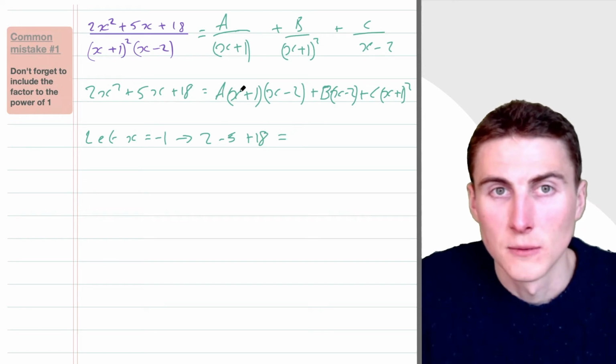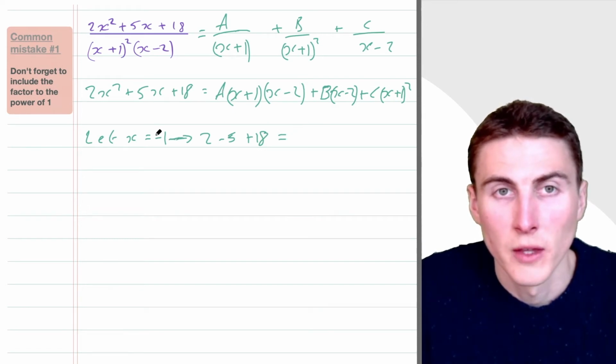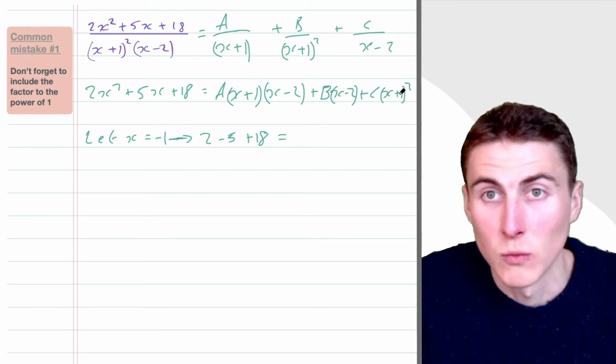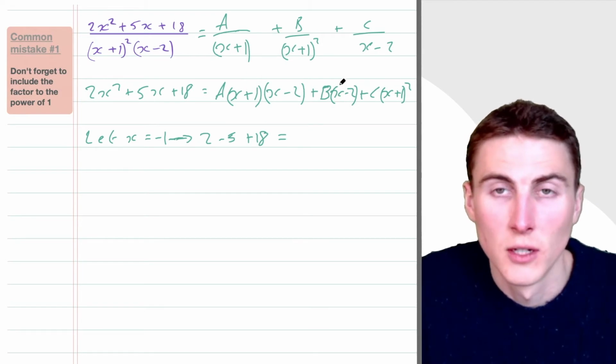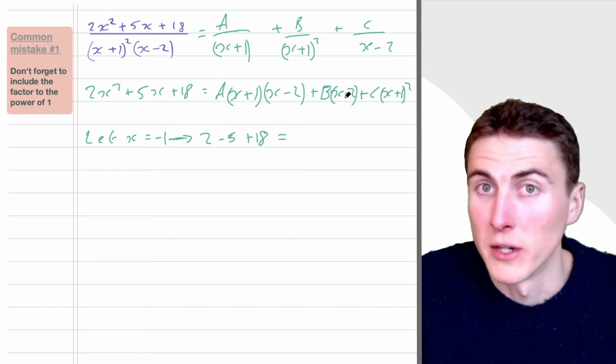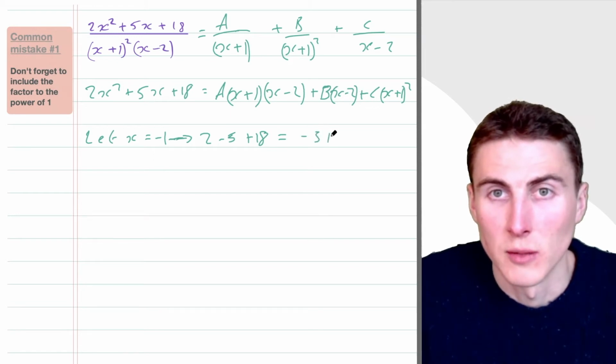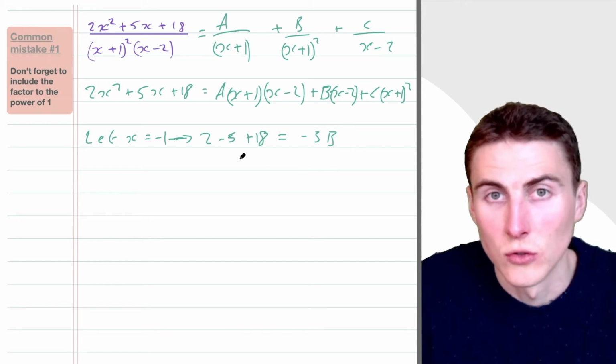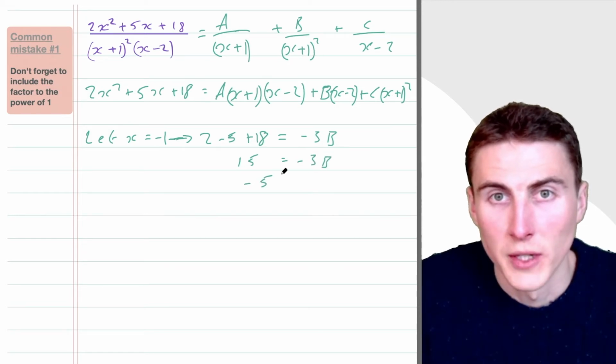And then on the right, if x is minus 1, we plug minus 1 into here, this will cancel out, and this will cancel out, so all we'll have left is this one. We'll have minus 1, take away 2, is minus 3, so we're going to have minus 3B, which will simplify this one bit here, goes to 15, so 15 equals minus 3B, so B is minus 5,